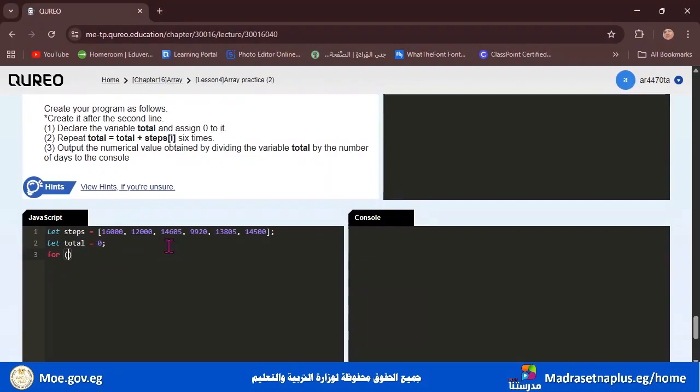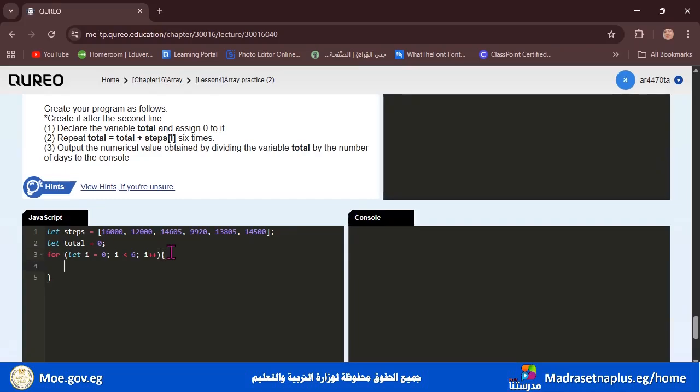Write let i equal 0 and a semicolon and i is less than 6 and add a semicolon and of course i plus plus. And after that, we open the curly brackets,